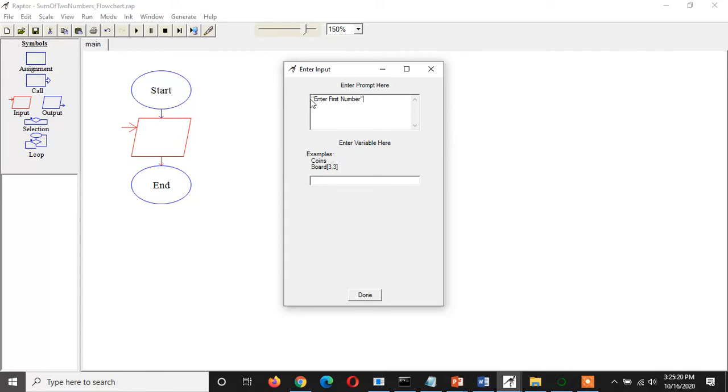So I will prompt the user with the message enter first number. Whatever value the user inputs will be stored into variable x. So here you have to write x.